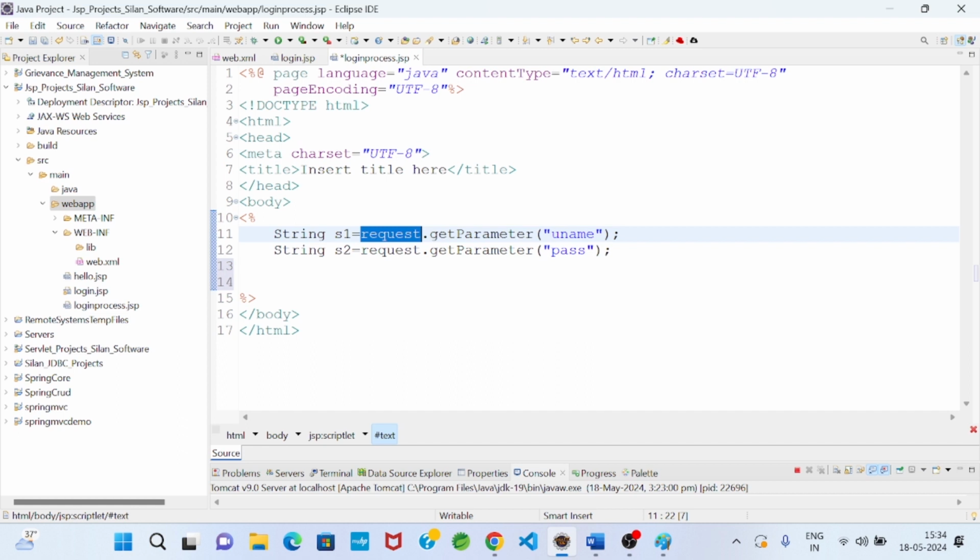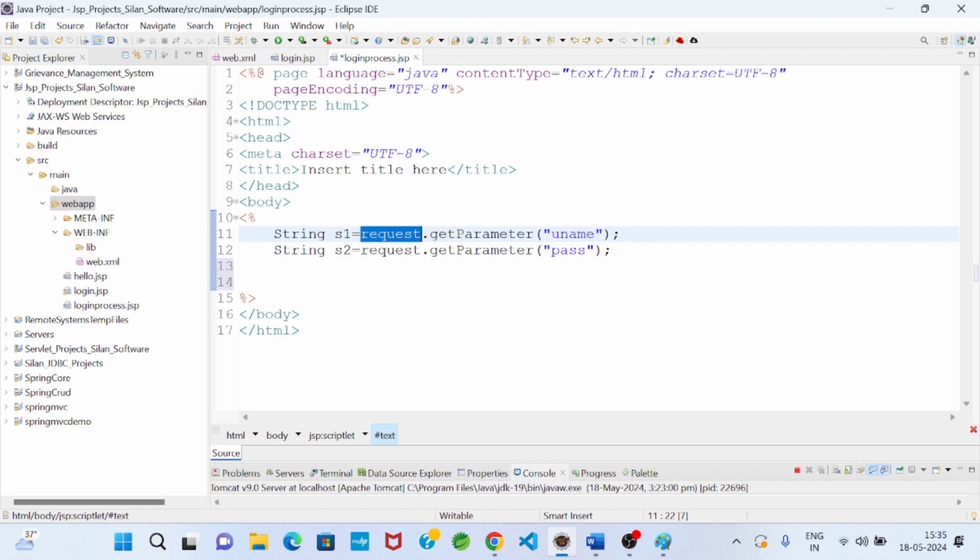Every JSP page, when it is executing, you remember this point, is translated into a servlet. Many developers have written every JSP page is a servlet.